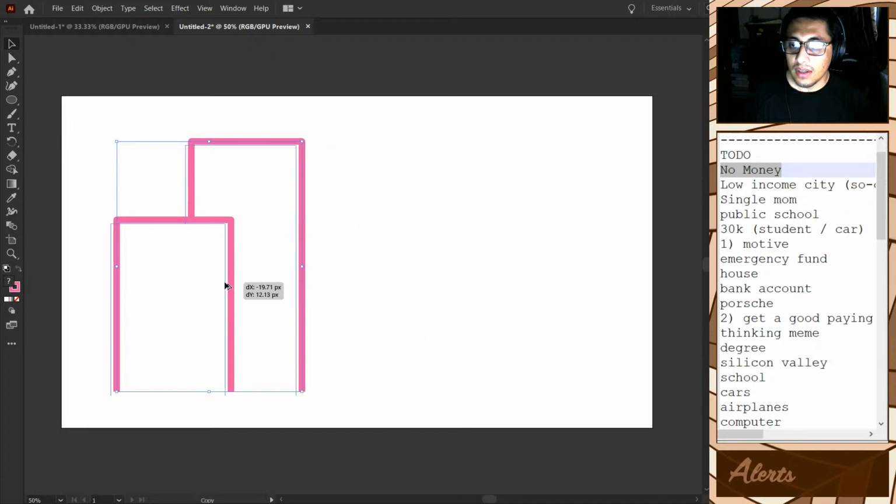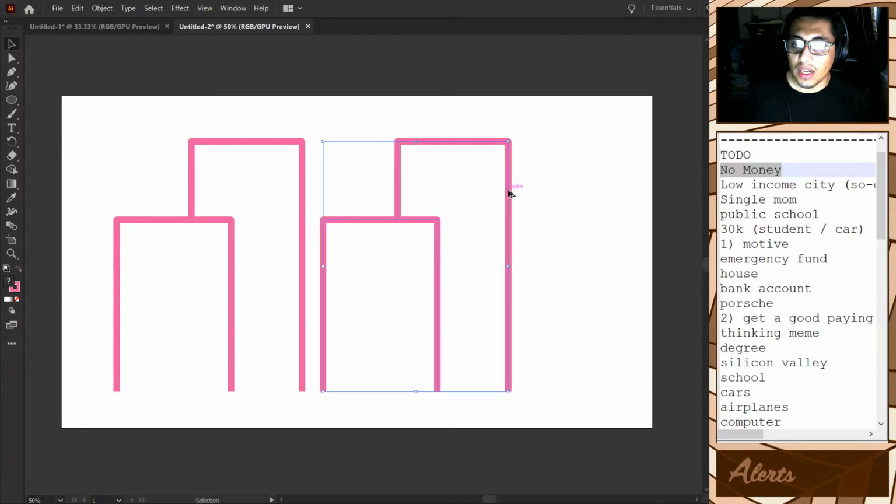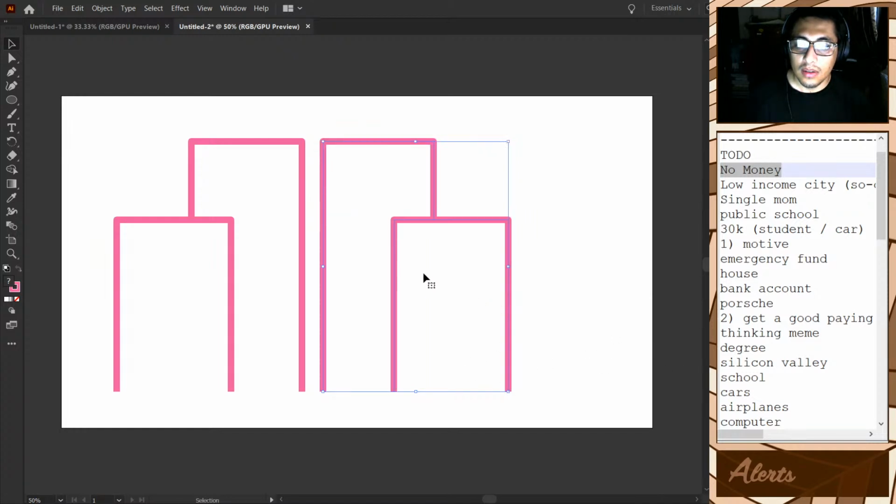Select them, hover over them, and click and hover over them. It'll select both at the same time. Then hold the Alt key, click one of them and drag it, and you'll be able to not only click and drag them, but it creates a copy of it. The other thing I want to do, I want to reflect, right?